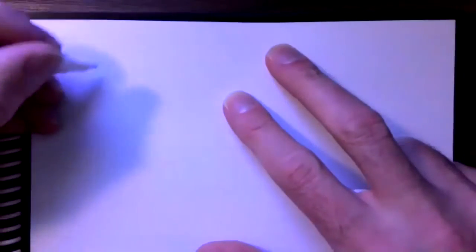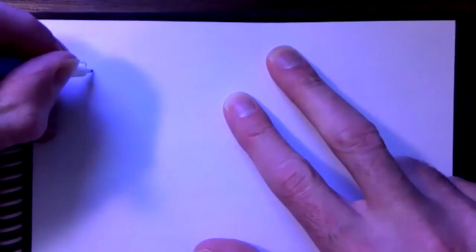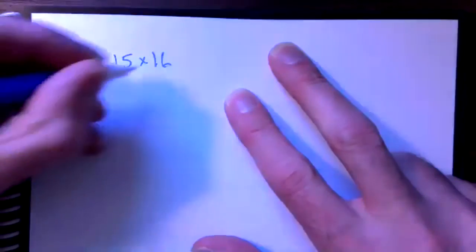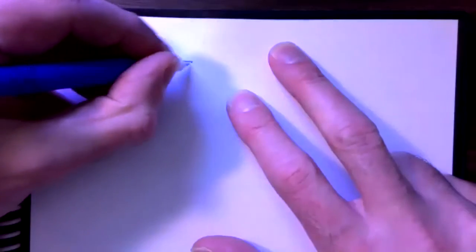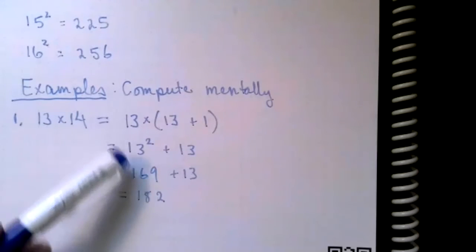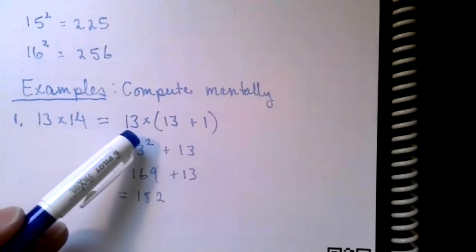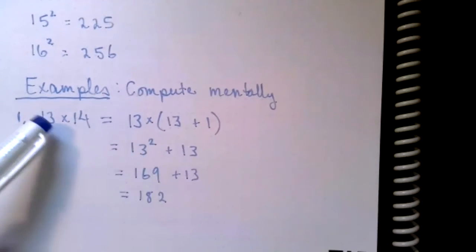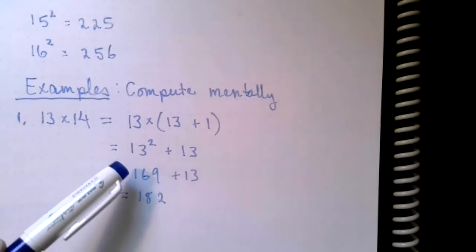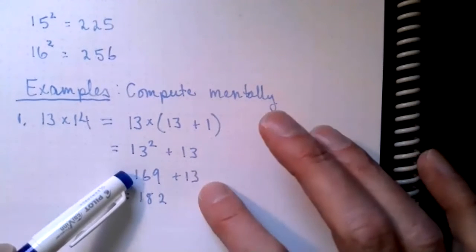Okay, I want you to try something similar. Take a moment and try this one. 15 times 16. Try to use what we know about squares. Now I know in this example, it was kind of overkill. I wouldn't ordinarily write this much. It was just, since it was our first time dealing with a problem like this, I wanted to show you my thinking. We could probably jump right to this or even this,